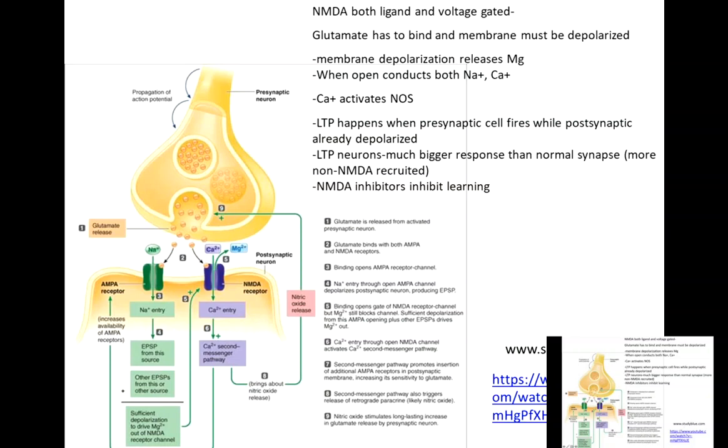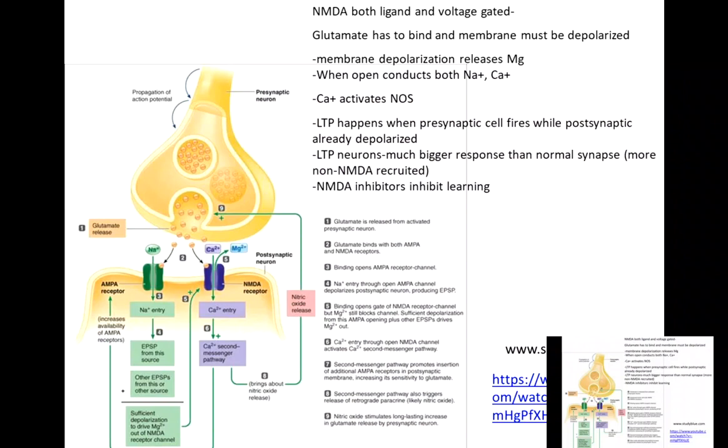Here's the presynaptic cell, here's the postsynaptic cell. In this case, they're labeling NMDA, and the non-NMDA receptor is an AMPA receptor. Okay, so just to review, glutamate is released. When glutamate is first released on the postsynaptic cell, only the AMPA receptors react to the glutamate, and the NMDA receptors don't because they're blocked by magnesium. But if you have a lot of action potentials,